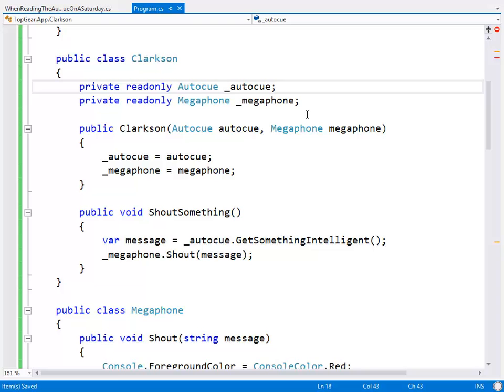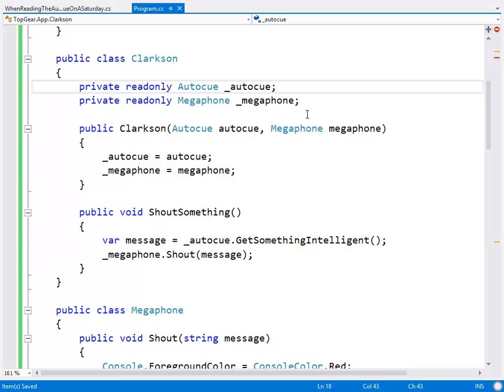Now that means that he's really easy to test because we can give him a mock AutoQueue, and we can give him a mock Megaphone, and we can have the AutoQueue say whatever we want, and he'll faithfully say it back to us. And we can then give the mock Megaphone, maybe we write a piece of code that says, whatever message you receive, I just want you to store that, and we can then compare the two. So we can give him a fake AutoQueue that says, isn't it a lovely day?